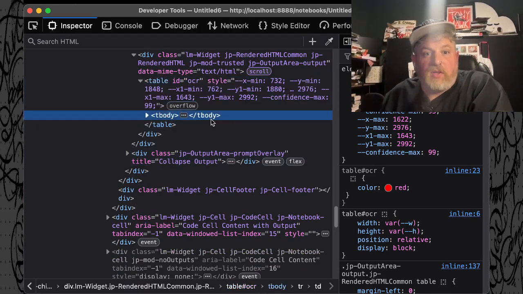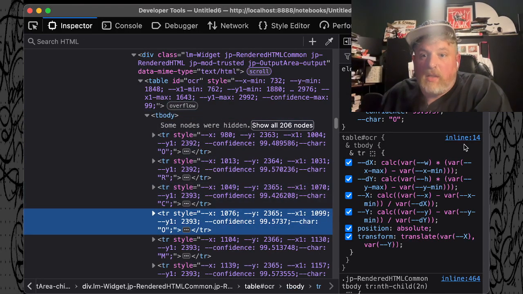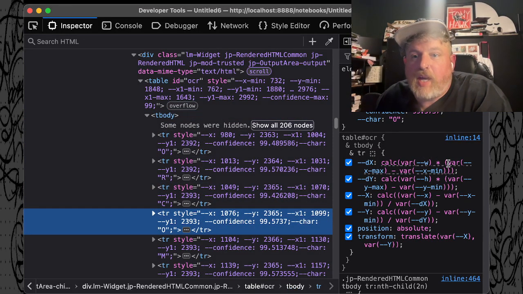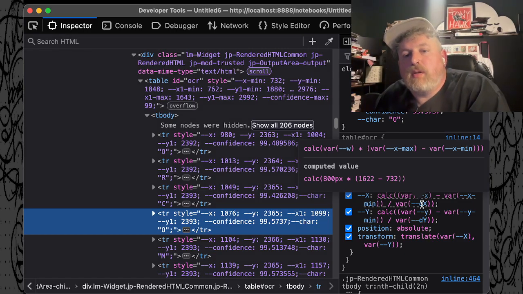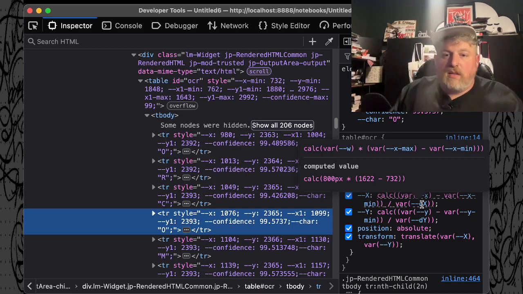So now if we go down into the body here, this is going to be X max minus X min, which makes a lot more sense. And then X max. Okay, so this is X, the actual value of X, minus the minimum, divided by,